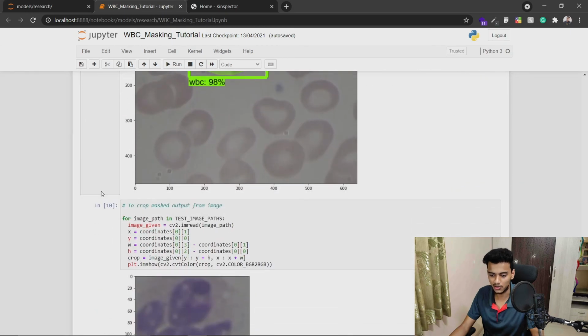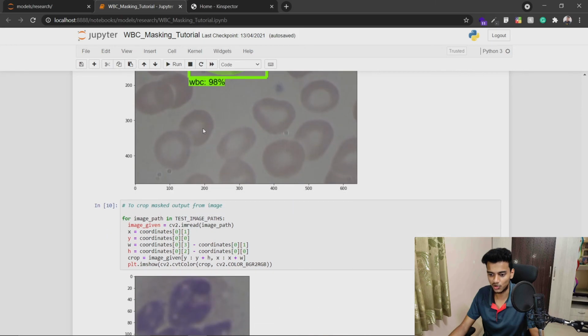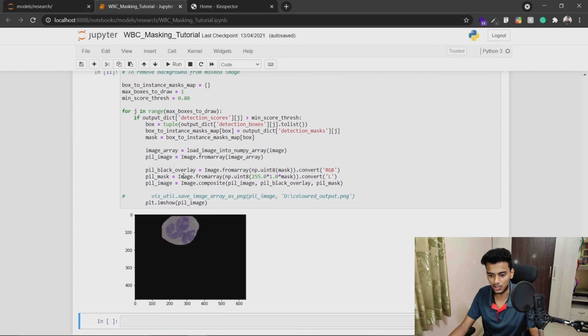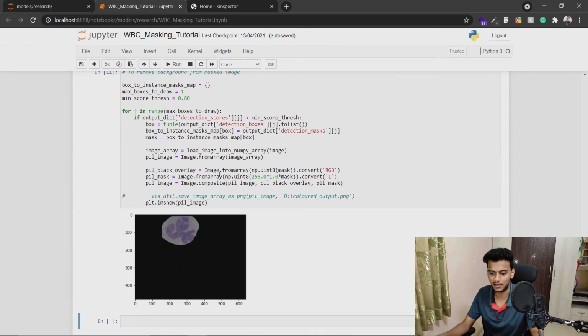And now, because for our classification model we have trained it with a black background, the WBCs are with a black background. For the classification model, we have trained on those types of images. So for that, in the masking model, after doing the mask, we are removing the background of the same image. There is a code for removing the background from the mask image. Basically it gives a black overlay above the single image, then the mask of the image, and it combines all three types of images, and then the black background is removed over here. So fine, this is the masking tutorial, like how we have done the masking.